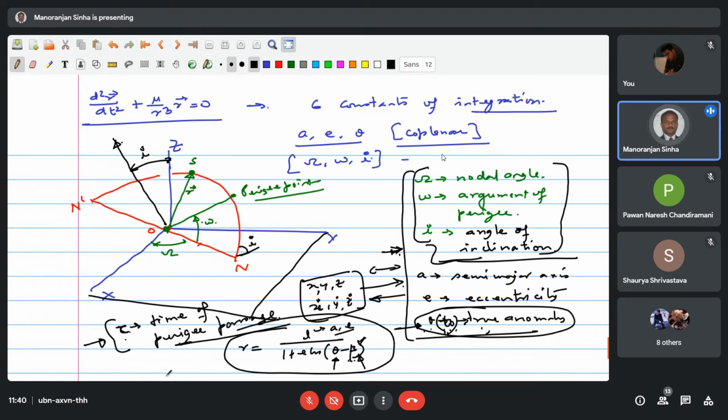So we can determine these elements one by one. Assuming that this is a two body problem and it has been reduced into this format, then we can solve the problem. All six constants can be identified in an analytical way. The solution of the system is possible in practice.